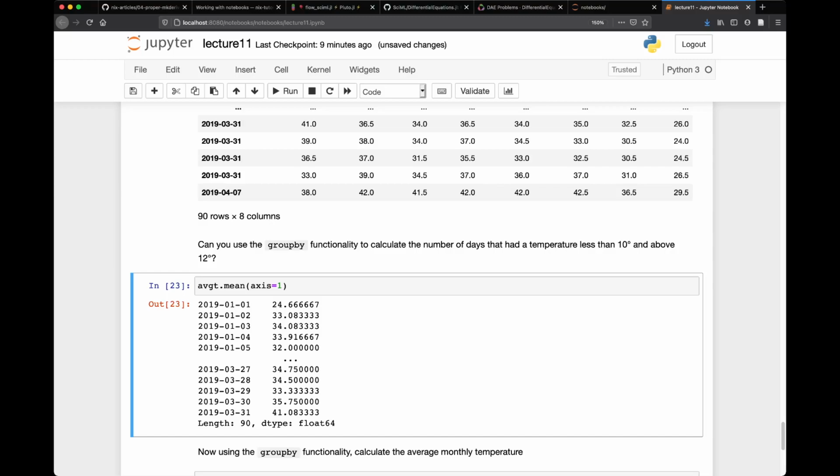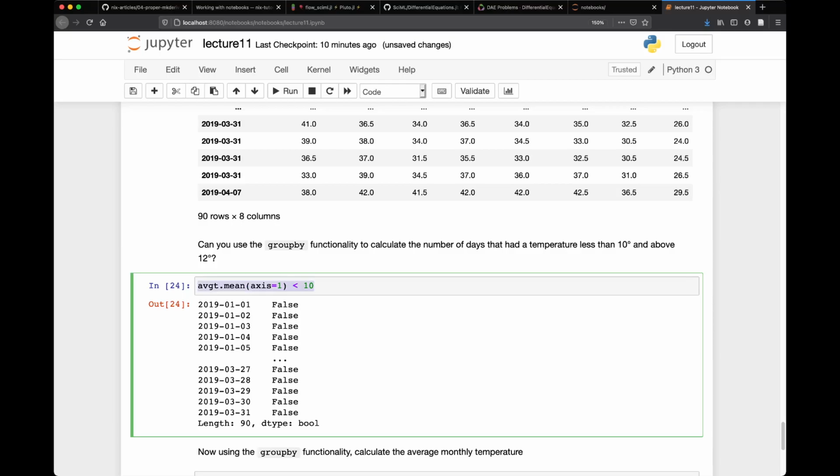So why don't we create a function? And first of all, let's see here. If we do less than 10, see we get false and a bunch of trues, hopefully somewhere. Now, with this here, if it's less than 10, we want to make sure that it gets a group of 1. And if it's above 12, we want to get, let's say, group 2. So in order to do that, we create a function,